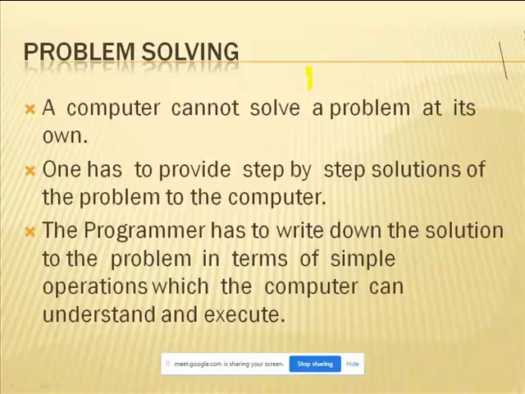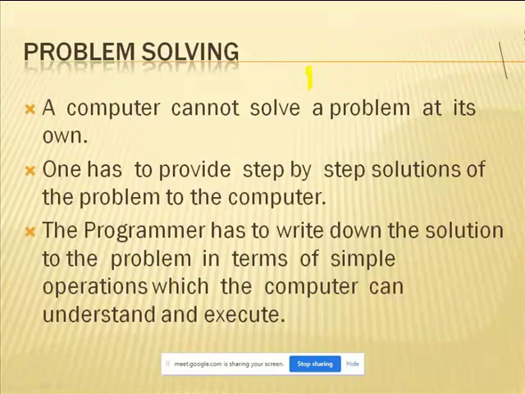First we have to send x and then y, then later we apply the addition, x plus y, then we give equals or Enter, and only then will the system get clarity that I have to add the two numbers the user has instructed. In this form it receives the instructions, then it gives the output. That is why I am telling you, one has to provide the step-by-step solution of the problem to the computer. Unless you provide the instructions in a step-by-step format, the system will not give you the right output.